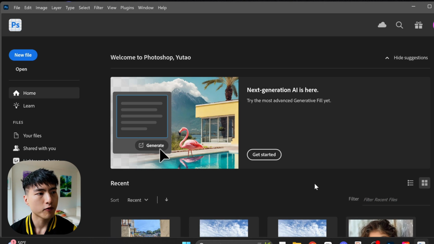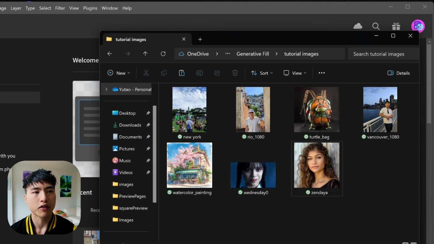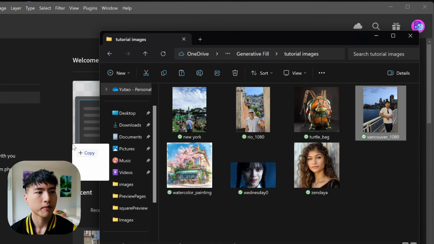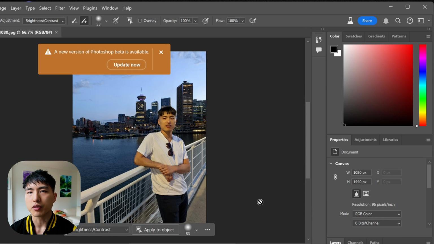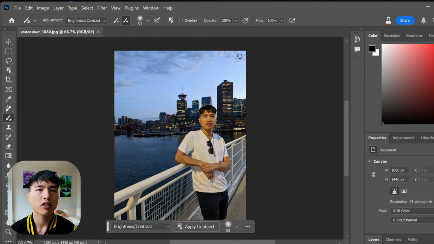So I've opened up Photoshop Beta right now. I'm actually gonna upload this photo of myself in Vancouver from a couple years ago. It's a nice picture, but I don't like the fact that there's nothing to the right side of me. The photo looks like it got cut off, so let's use Generative Fill to fill in the rest of the